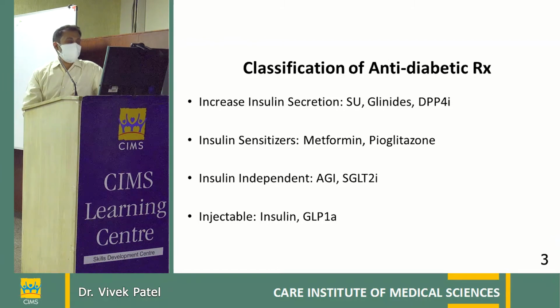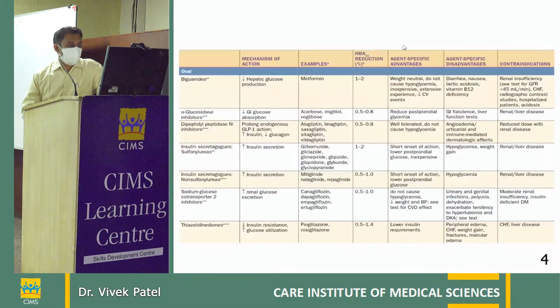And last but not the least are the injectables: insulin, as well as the newer injectable, the GLP-1 receptor analogs. So this is the brief overview of all of the medications. First of all, metformin, as I already mentioned, works at the level of insulin resistance. Primarily, it acts on hepatic insulin resistance, and thereby reduces hepatic glucose output. Hepatic glucose output is majorly responsible for the fasting blood glucose, and therefore with metformin, we expect to reduce the fasting blood glucose more.